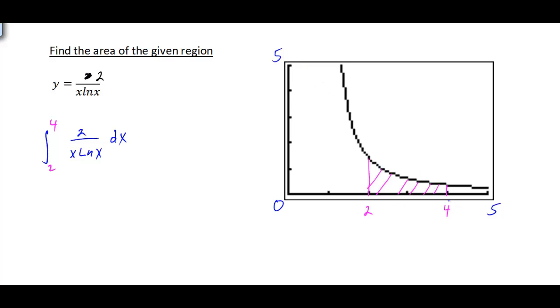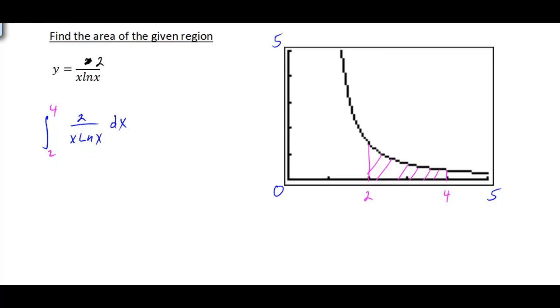And if we're going to integrate from 2 to 4, how will we set this up? Well, I'm going to start out with the 2, and I'm going to pull that out front. The 2 is just a constant multiplier, so I'm going to pull that out front first and see if that helps us out a little bit. And also, I'm going to split this up. This looks a little familiar as 1 over ln of x, and then we can take the 1 over x and move that to the side here. Just split this up, and hopefully you can kind of see that we're going to let u